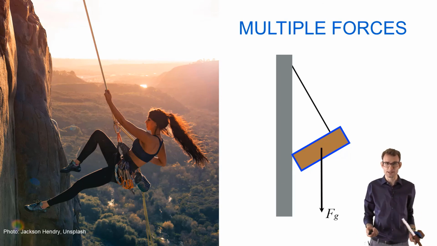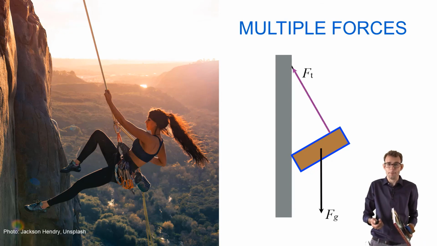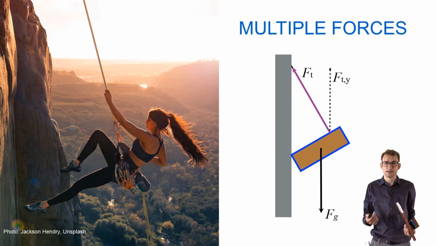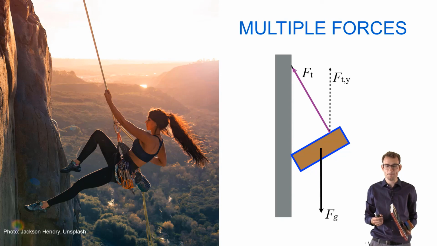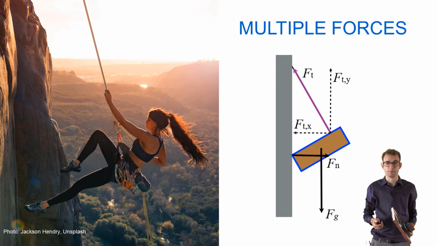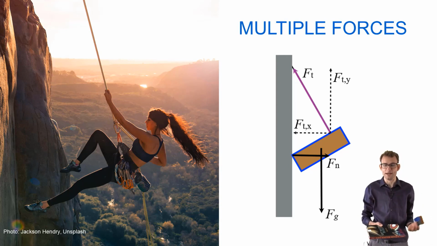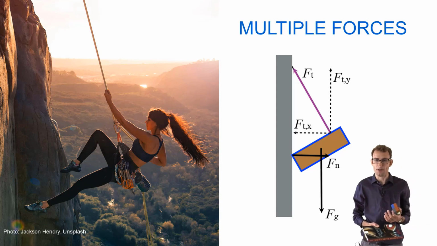We have the force of gravity pulling down. We have a tension force in the rope, which hopefully balances the force of gravity. So the component of the tension force that's vertical should balance the component of the gravitational force that's pulling it down. And then, of course, this also gives us a component of the force that's into the rock. And the rock is pushing back with a normal force on her feet. And if all of these are exactly in balance, then there is no net force and there will be no acceleration. So she can slide down at constant speed. Or if she imbalances it a little bit, she can accelerate down or maybe climb on up.